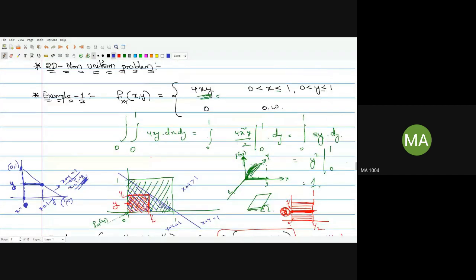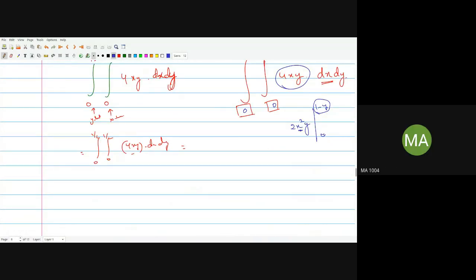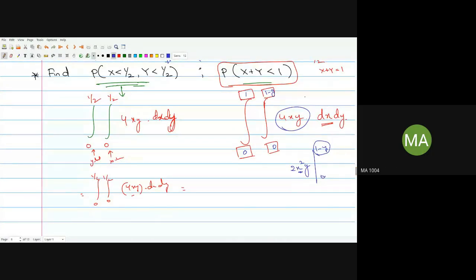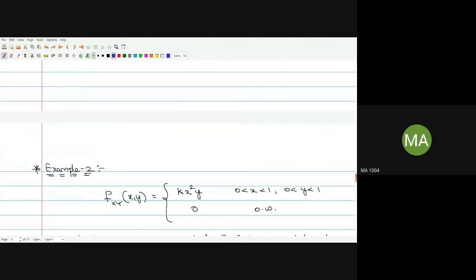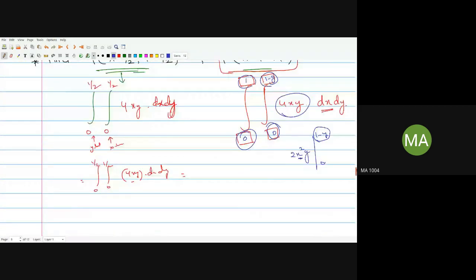And then the outside limits are this y. y will be from 0 to 1. This y can be from 0 to 1 on the y axis. So from there you just compute, just put the limits. So yes, finding these limits is the difficult part. So how to find this is the difficult part. And yeah, this is how you should find.